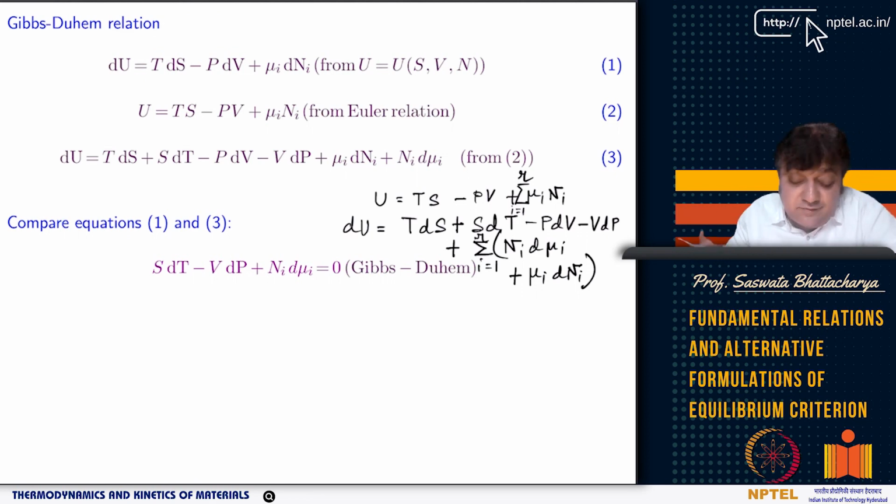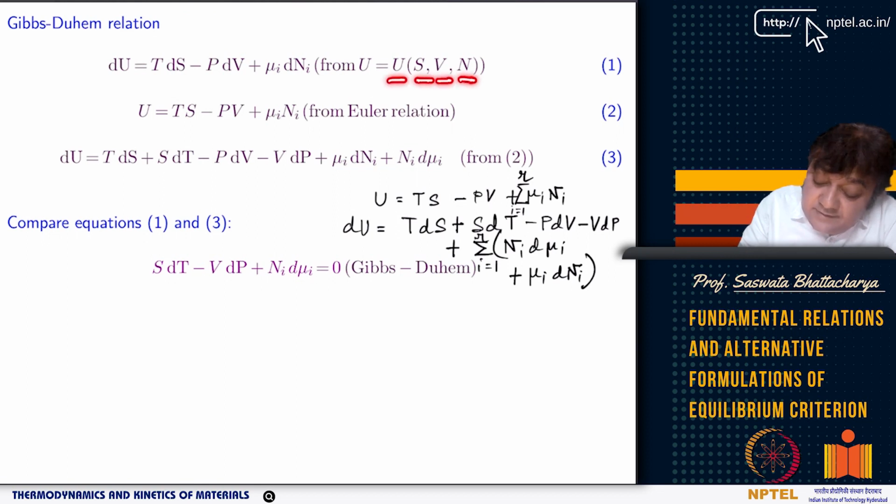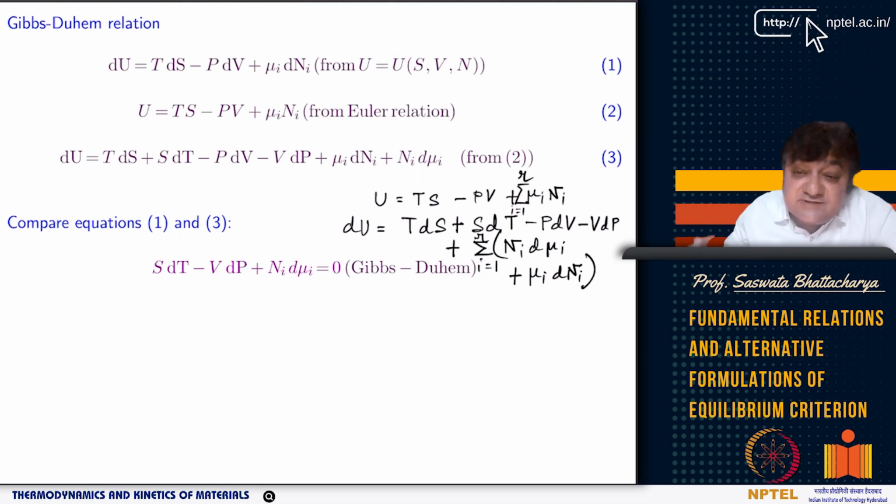So now we will try to understand how these different thermodynamic potentials are related. You can write U as a function of S, V and N. Similarly, you can write S as a function of U, V and N. And then there are also other thermodynamic potentials that can come in. You can define other thermodynamic potentials, for example,